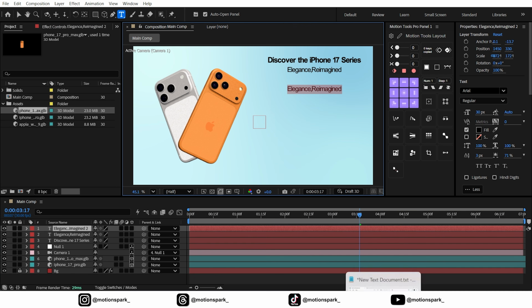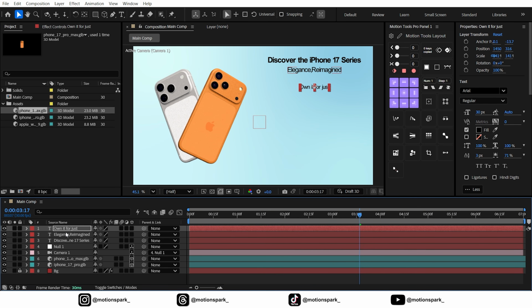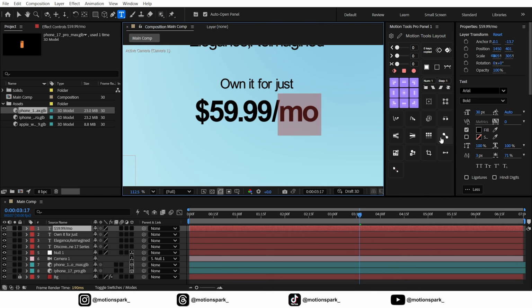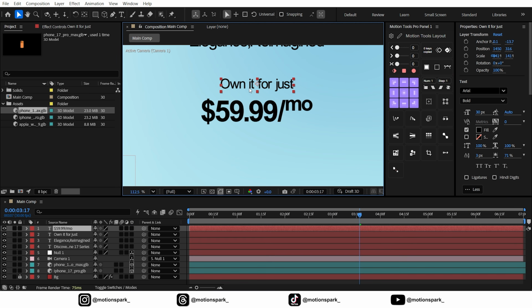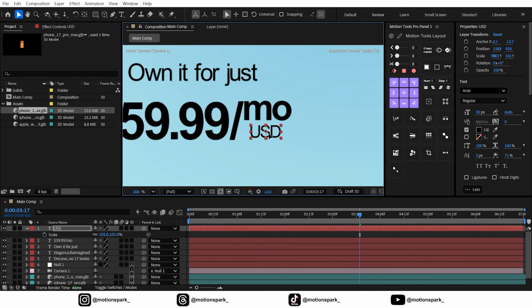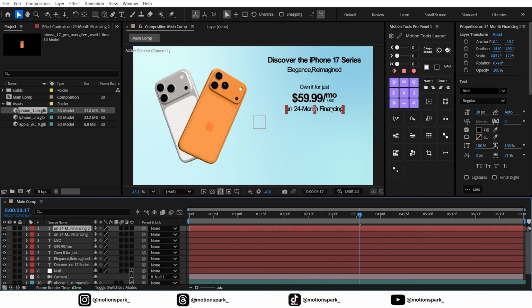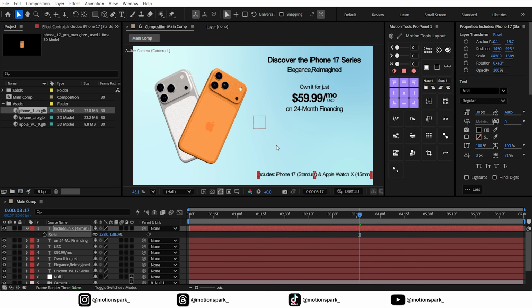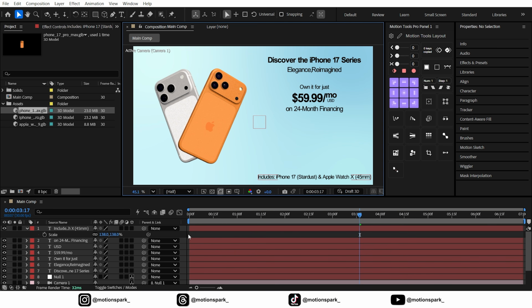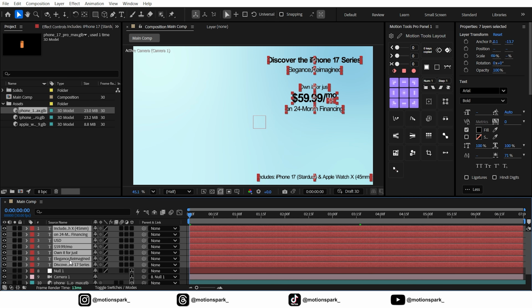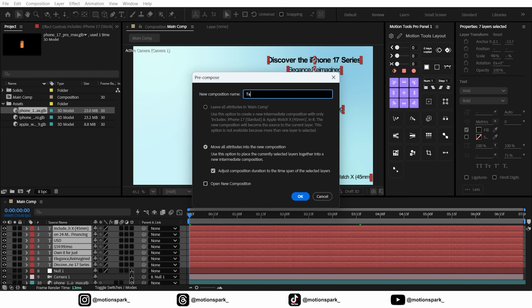Great! Now, using the exact same steps, we are adding all the remaining text elements from the visual onto our scene. At this point, to keep the video engaging and avoid making it unnecessarily long, I'm going to fast forward through these repetitive steps. You can easily complete the rest of your text layouts in the same manner. Now, to keep our timeline organized, let's select all the text layers we've created and pre-compose them to group them